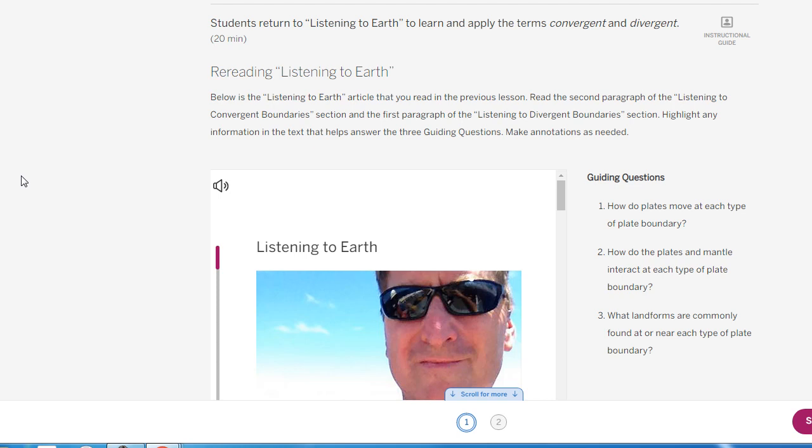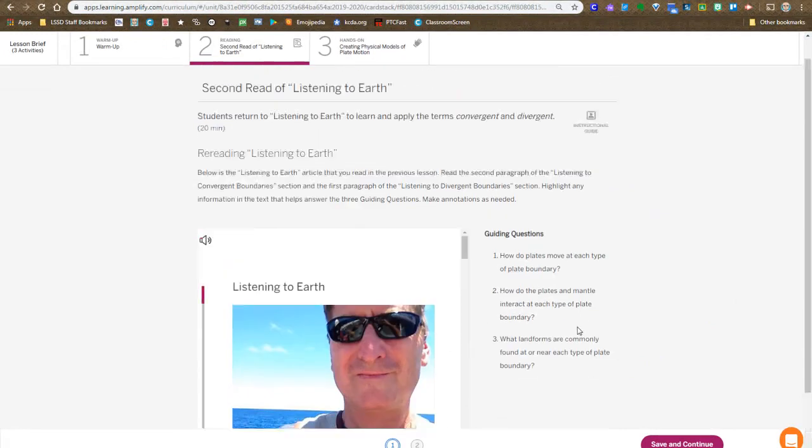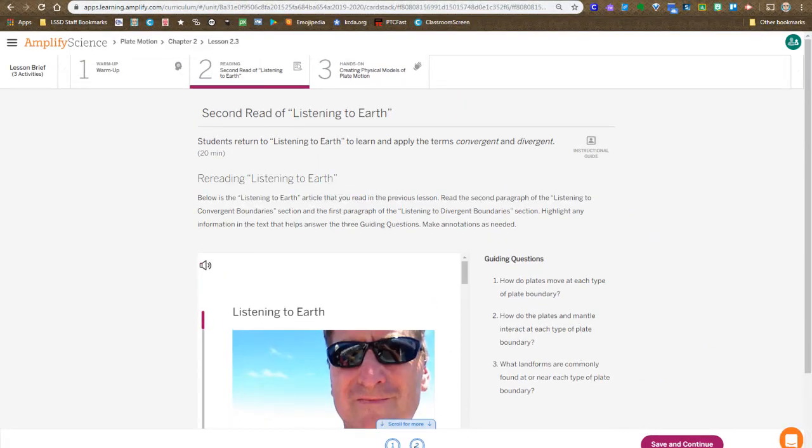So this is where you make use of those skills where you're skimming, you're using section headings to locate and narrow in on information, then pulling that information out of the article. There's a handout that goes with this. And the idea behind rereading the article is you're going to identify features of the convergent and divergent boundaries, the differences between those, because you're going to construct a model in part 3, and that information will help you construct the model. So once you've completed that and saved and moved on to